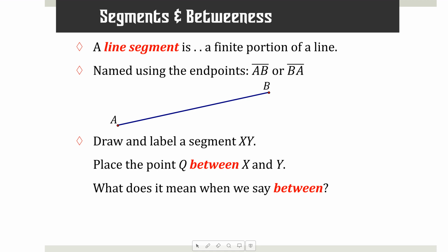Wait, can you repeat that? Yes. Let's suppose that's my segment labeled XY, I have it labeled AB, and I put Q on there. The question is, how many points would be smack dab in the middle between A and B? There'd be only one. It would be right there. Which we'll get to in a second. Again, this is a bad pun. The point I'm trying to make is that for betweenness, you can put it wherever you'd like. So I could take this point and put it over here, and that's still going to be between A and B. Okay? So let's call it Q.